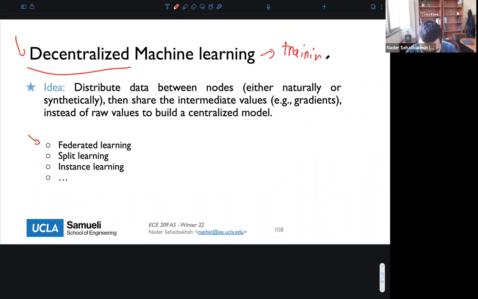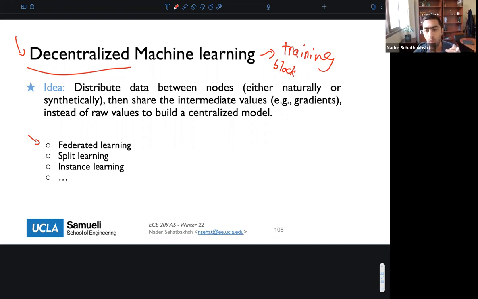For the inference, it's more the methods that I described, such as multi-party computation and so on. It could also be applied to something like blockchain, which we're not going to talk about in this lecture, but maybe later on in this course, if we have time, we'll talk a little bit about blockchains as well, where you want to evaluate the function in this decentralized manner. But here we are mainly talking about assuming that different people have individual records, and we want to train a model based on these